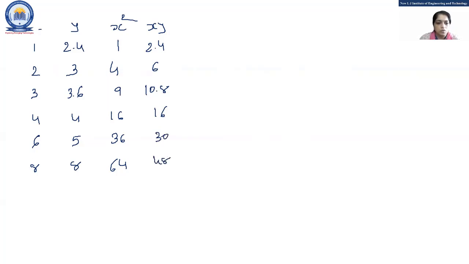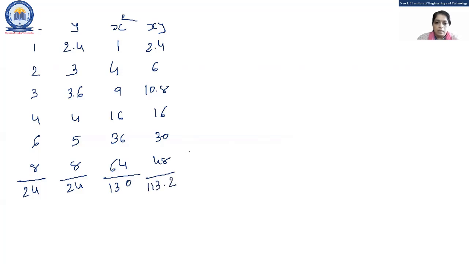Now the summation of x is 24, summation of y is again 24. What about the summation of x square? That is 130. And the summation of xy is